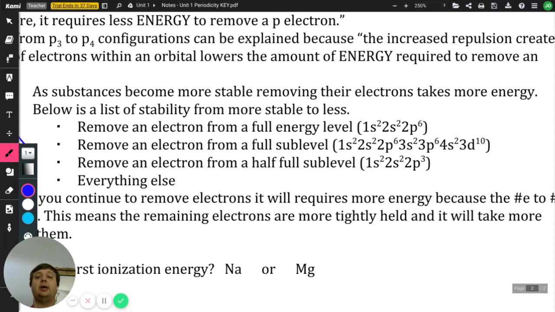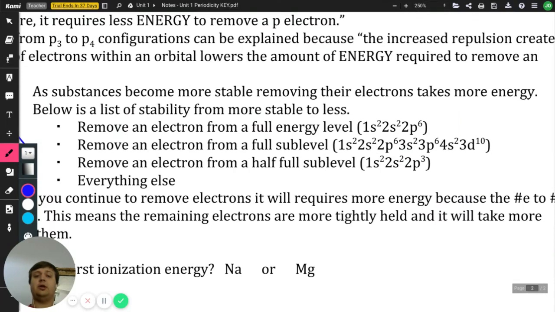What I'm talking about is if I've got my full valence shell, so it's got 8 valence electrons sitting inside of it. If it is full, taking that one electron away makes it extremely unstable. And because it's making it very, very unstable, it's going to take a huge amount of energy to make that happen. So we're talking about something sitting at the quote unquote noble gas location